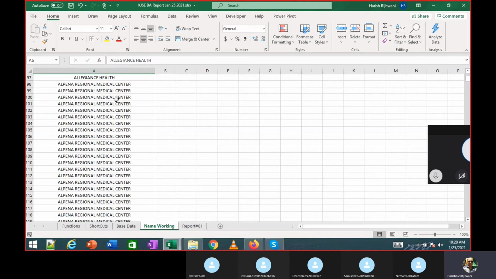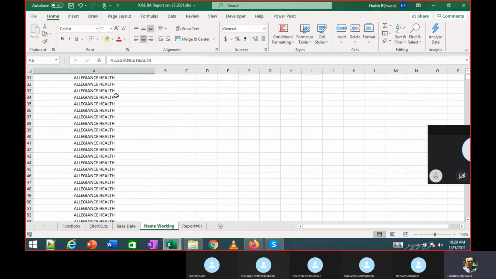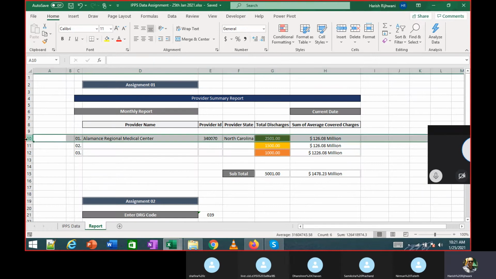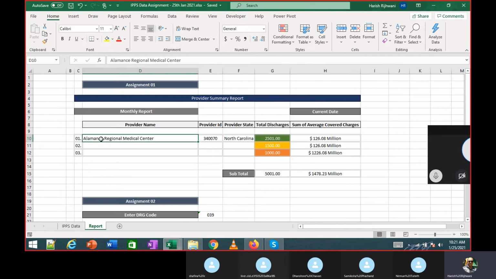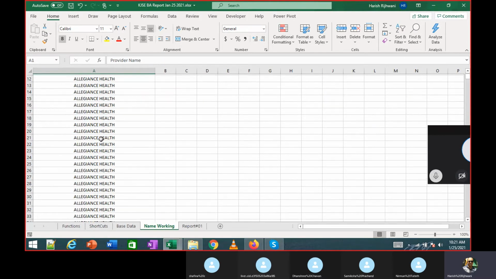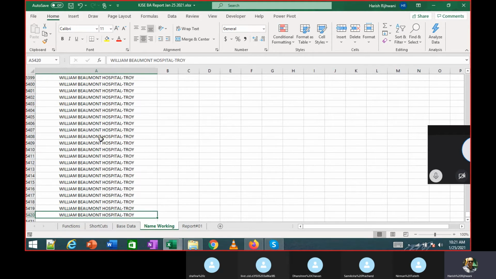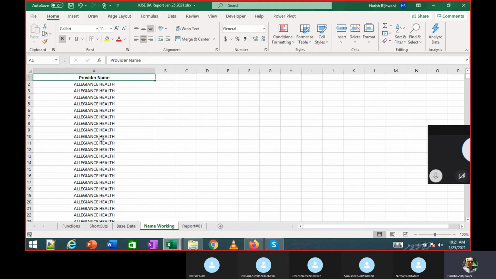I see so many records of Alpena region. The ask in our report is I want one record per hospital name. I do not want all the hospitals like this. I don't want an individual record per se.